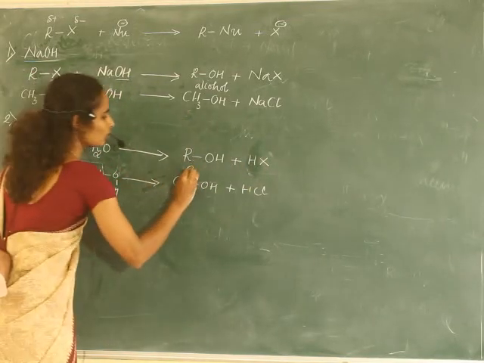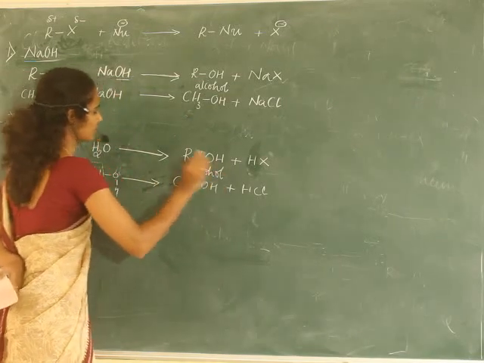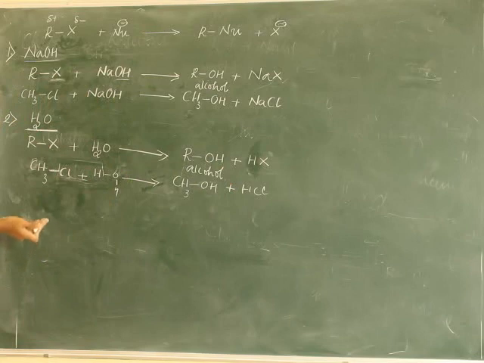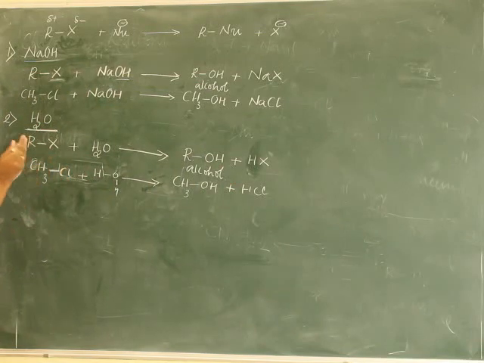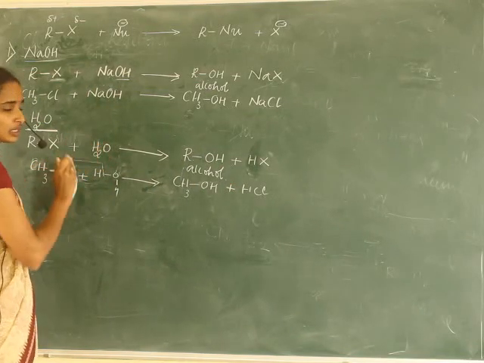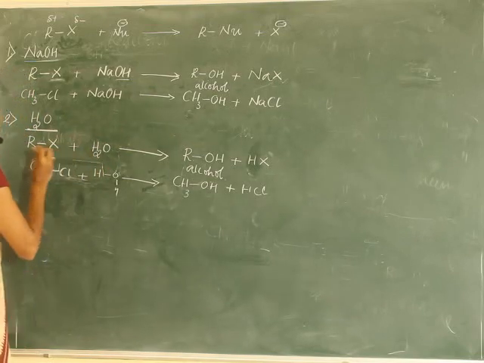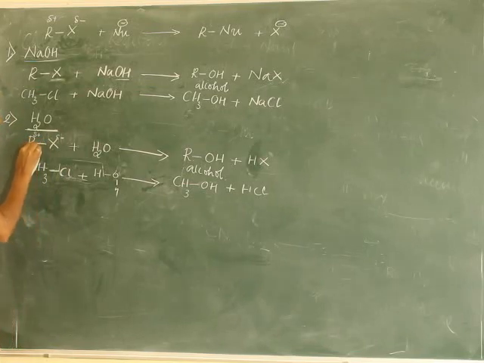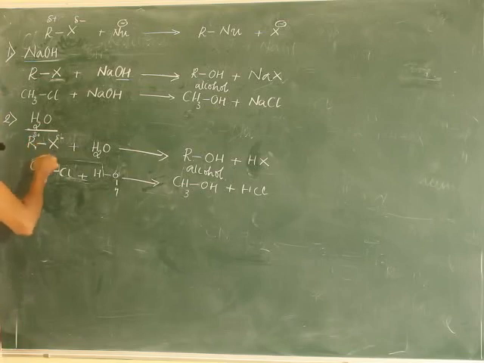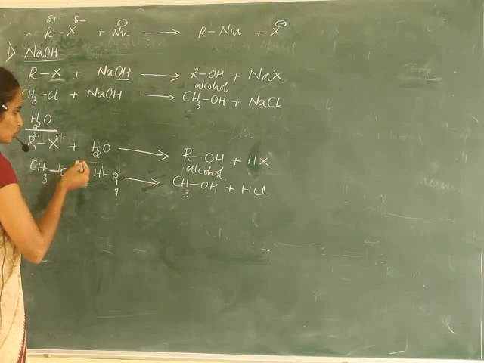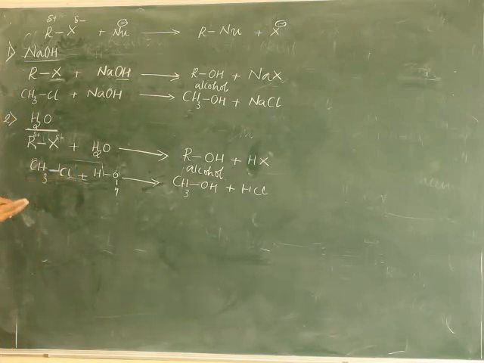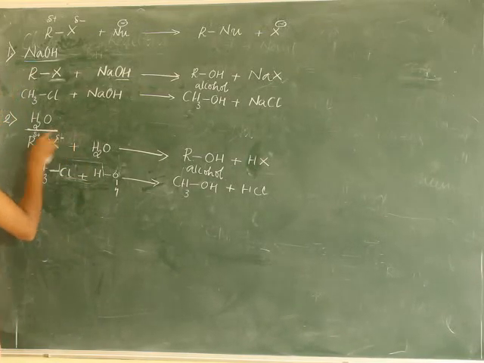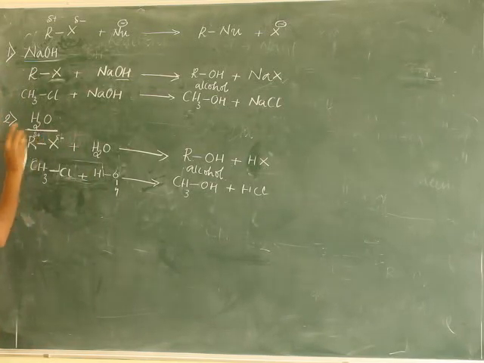Again, formation of alcohol takes place, right? Replacement of one functional group by another functional group is called substitution reaction. This reaction is initiated by nucleophile, hence it is a nucleophilic substitution reaction, and the attack of nucleophile takes place on the electron deficient alkyl group, that is, it is nucleus loving. Nucleus means a positive charge. It is positively charged nucleus loving, that is nucleophile, so it is called nucleophilic substitution reaction. So the nucleophile attacks the positively charged nucleus, that is R plus.